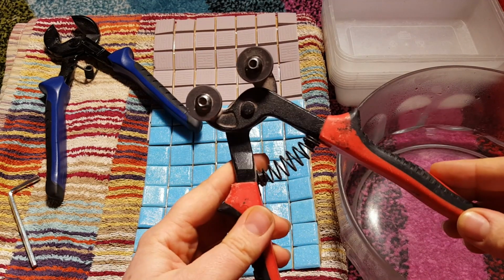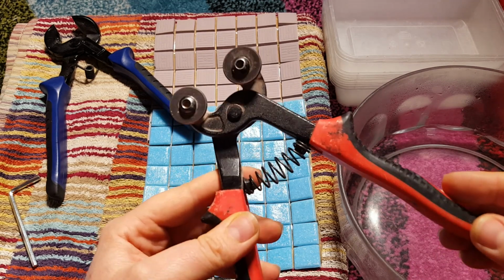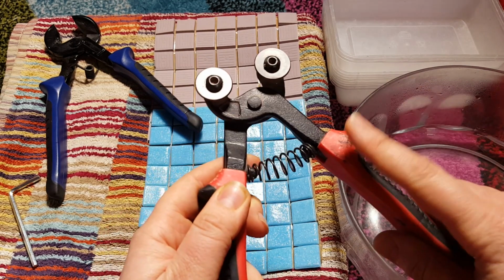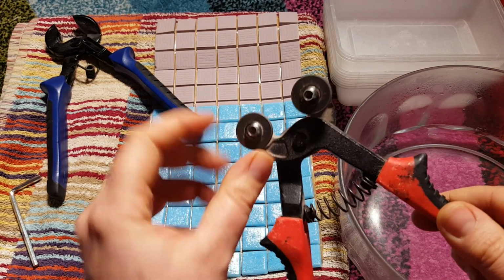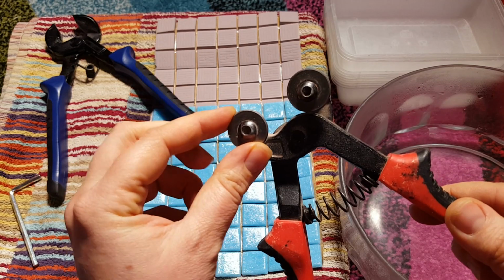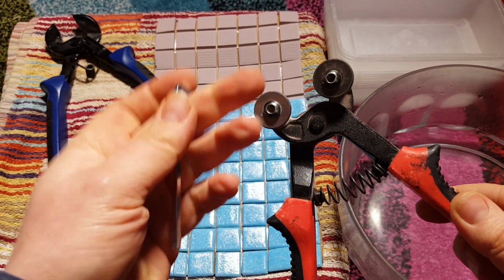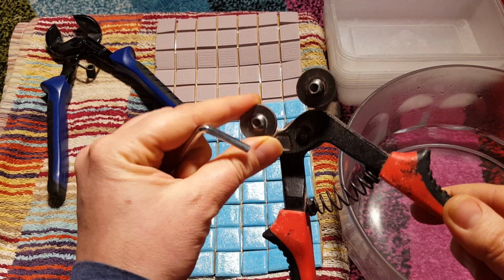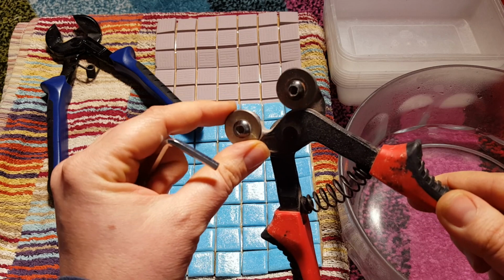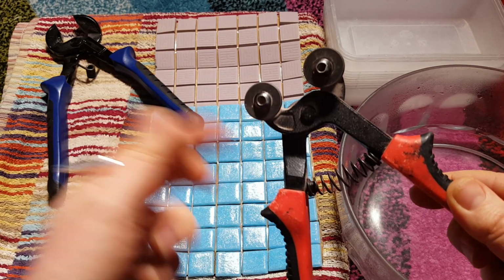Now these are a little bit harder to find, but you should be able to find them in your local tile shop or you can buy them online, and these are a little bit more expensive. These are perfect for cutting glass because they've got these diamond wheeled cutters, and you can keep using these for quite a long time. If you use an Allen key and put it into here, you can keep twisting it round, loosening it up and twisting it round so that you can get more longevity out of your tile